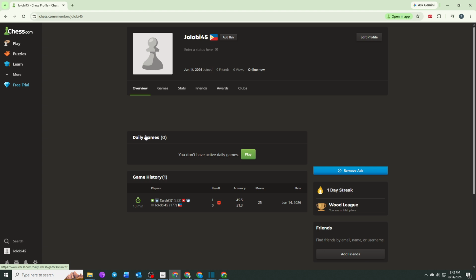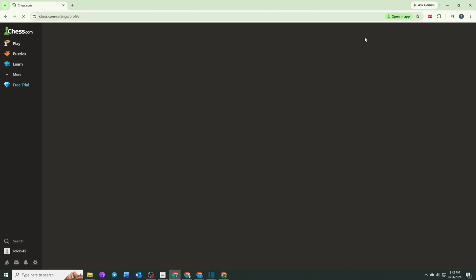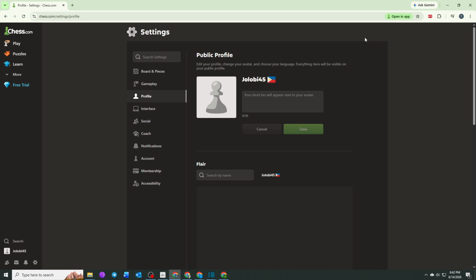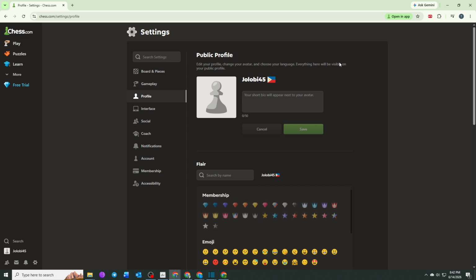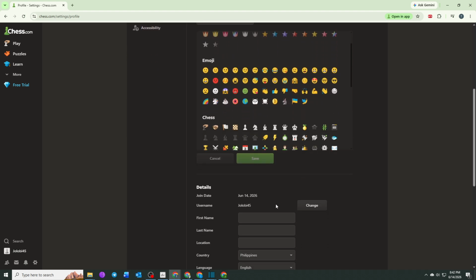After your profile page loads, direct your attention to the upper area of the screen and locate the Edit Profile option. Click on it to access the settings related to your account information and profile details. Once you're inside the profile editing section, scroll down through the available settings until you find the option that allows you to update your username. When you see it, click on the username field so you can enter the new name you'd like to use